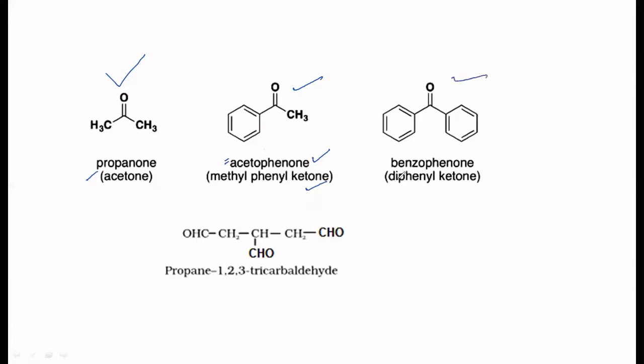And this one, benzophenone, diphenyl ketone. This is an aromatic ketone. Now in this case, I have got 3 aldehyde groups. Because you can't give priority to any one of them, don't give priority to any of them. Name it as propane-1,2,3-tricarbaldehyde. So that is how you are going to name if you cannot give priority to the same kind of groups. Okay? Any doubt here?